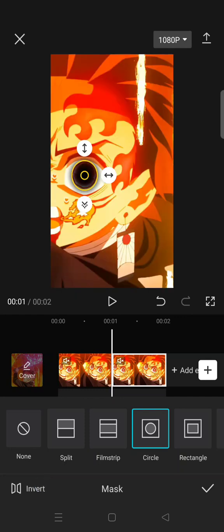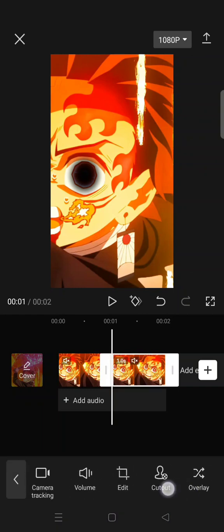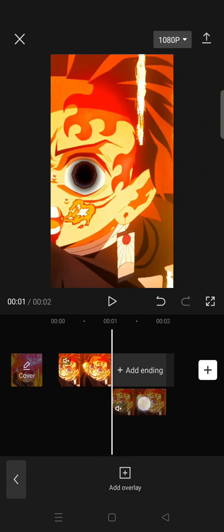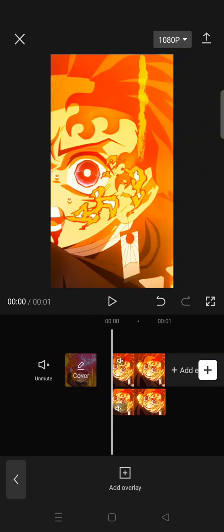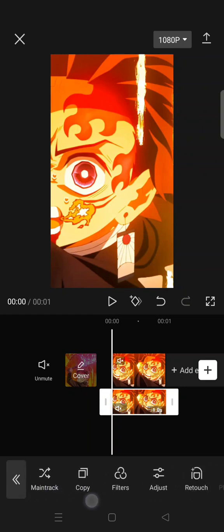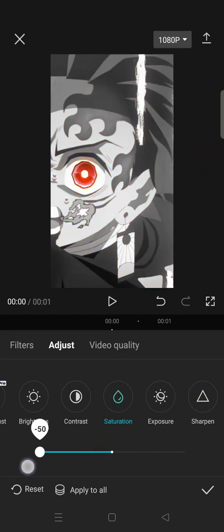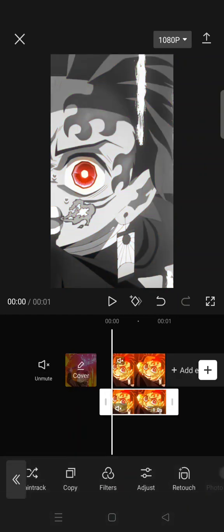Click on invert, then click on the check icon and make it as overlay. Make the copied clip as overlay, then put it under the first clip. Now click on the overlay and go to adjust and lower the saturation of the clip to -50 like this,